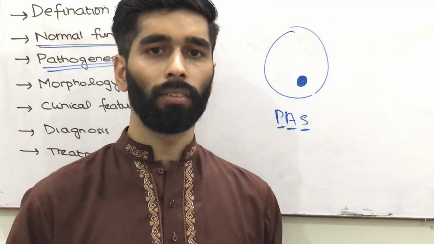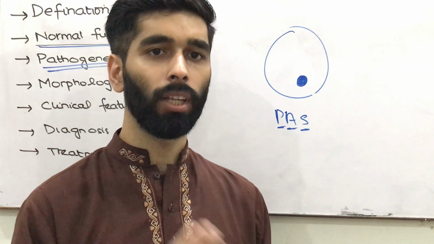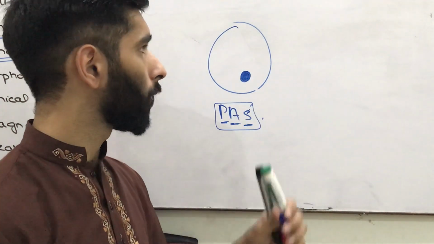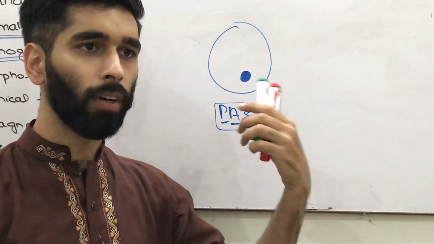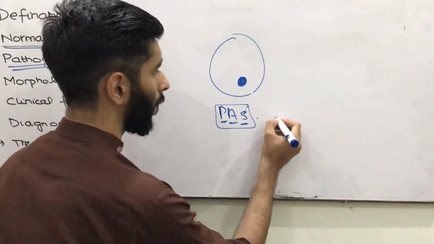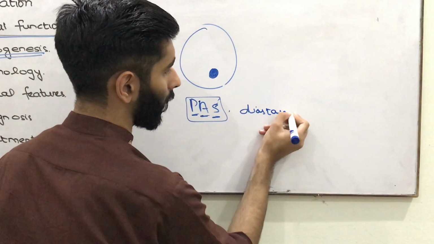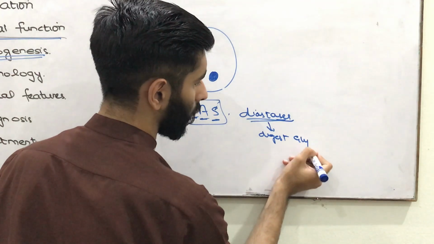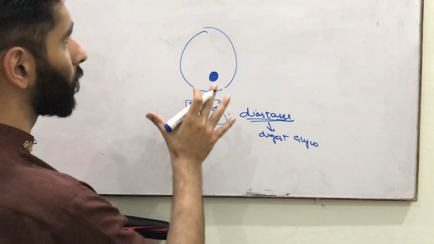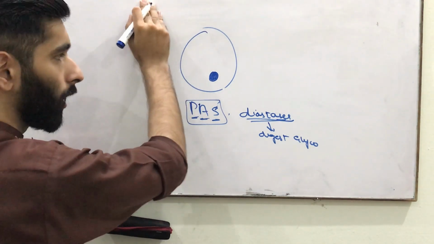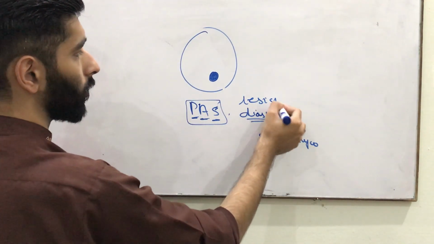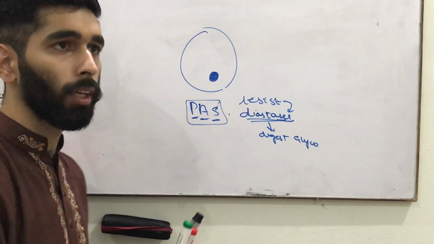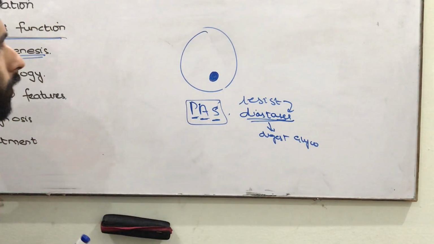Now, in glycogen storage diseases, there is accumulation of glycogen which also stains blue with this dye. So how do we differentiate whether these cytoplasmic inclusions formed in this disease are glycogen or not? We add diastase. Diastase will digest the glycogen. However, the cytoplasmic inclusions that are formed due to mutated alpha-1 antitrypsin are resistant to diastase and will remain blue. Okay, so this is the morphological appearance in the liver.